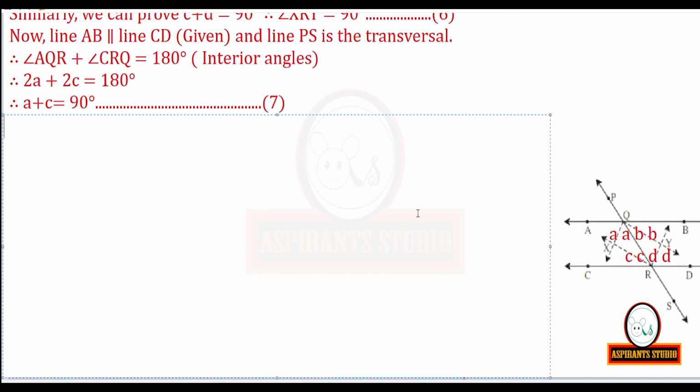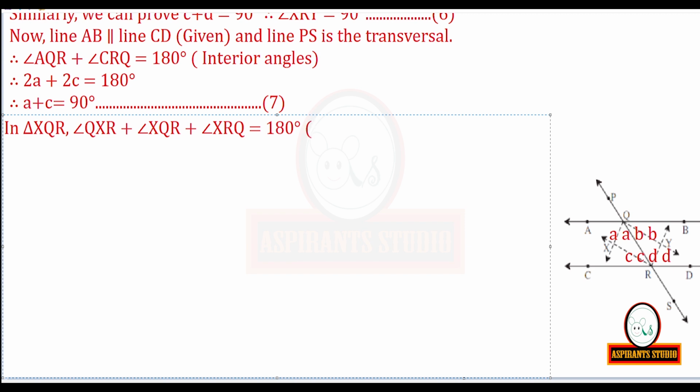Now coming to triangle XQR, you can see a triangle there. Finally we have to prove the quadrilateral QXRY is a rectangle. So we will be trying to prove that measure of each angle of the rectangle is 90 degrees. So slowly we are bringing in 180 degrees by taking the triangle and applying angle sum property of a triangle there. Then we will be getting in one step one of the angles of the rectangle to be 90 degrees. Similarly, we can prove the other angles also 90 degrees. Then we can get the quadrilateral QXRY to be a rectangle.